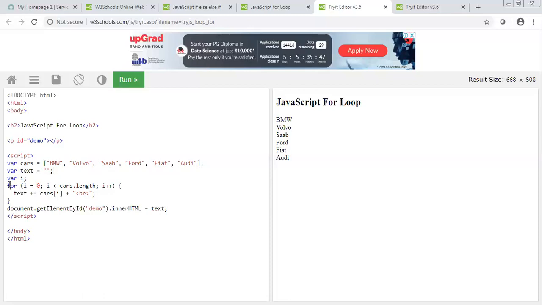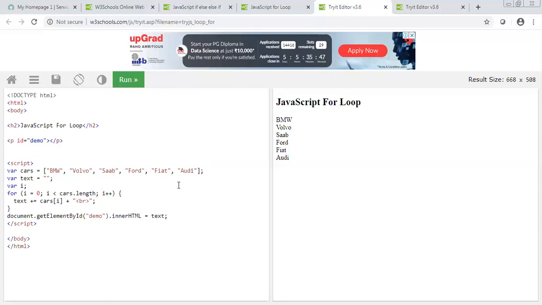So for i equal to 0, I am saying print again and again whatever is written inside this loop till 6. Every time this loop runs, I am doing i plus plus. So i plus plus is something like you are adding 1 every time. i is equal to i plus 1.